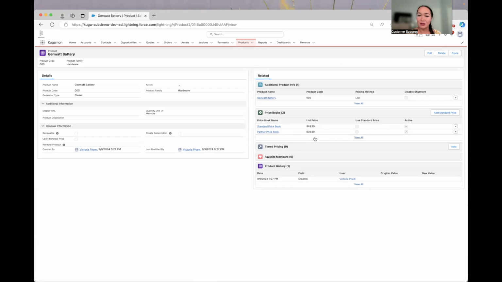If you sell to Europe, you might have a European price book with different currency. You can also create a price for that currency. So it really allows this one product that you created to be flexible for different opportunities, for different use cases.